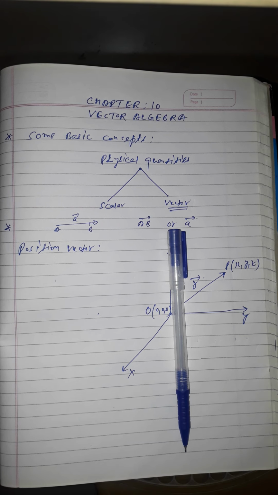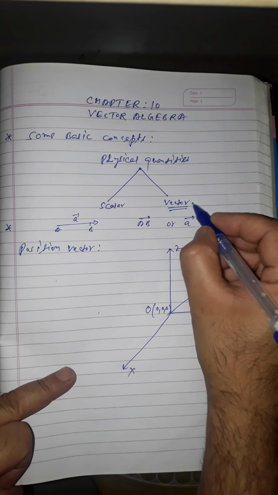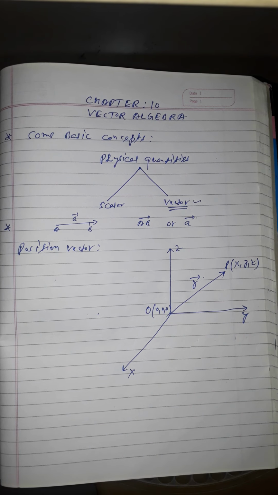What about a vector, students? If we apply a force on a body, you know that the body will move in the direction of the force, which means it will travel some distance in the direction of the force, and both matter: direction and how much distance it travels. How much distance it travels is the magnitude, and in which direction it is moving is the direction. Both things matter in case of vector quantities. So I think you can easily understand it now.